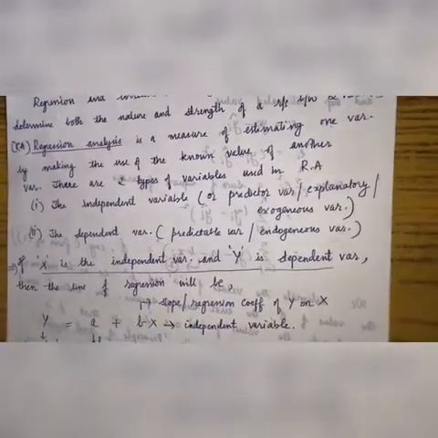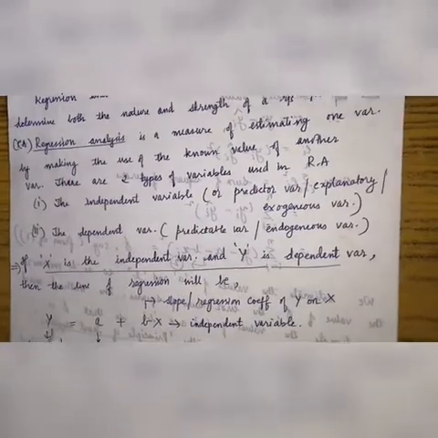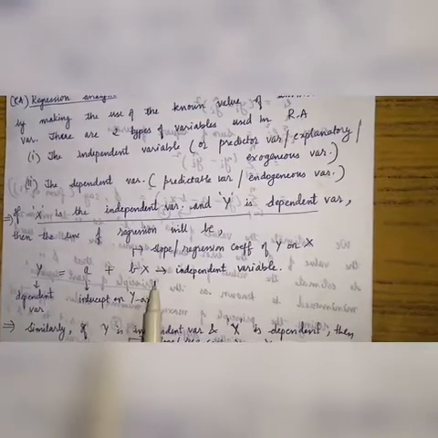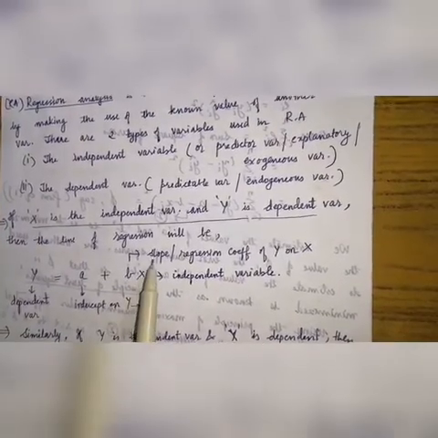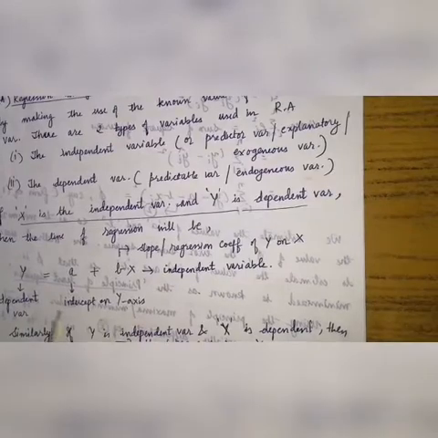Now if you consider the equation of a line, y equals a plus bx, y is the dependent variable or the predicted variable and x is the independent variable or predictor variable. b is the slope, and b also represents the regression coefficient of y on x. The regression analysis basically depends upon the linearity of the